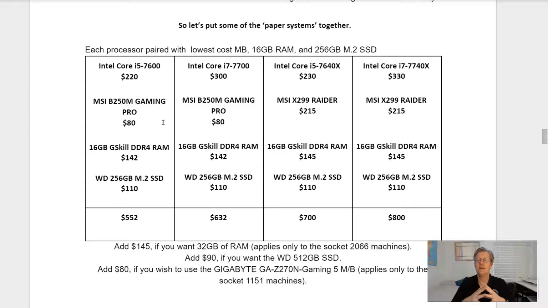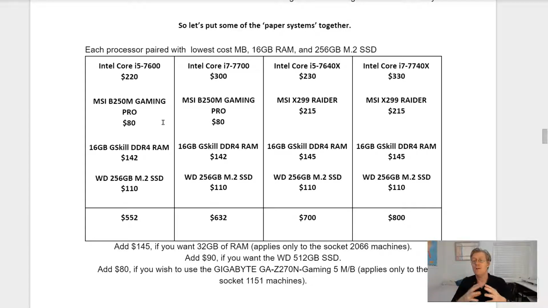Then we have the Intel Core i5 7640X, which is $230. Pair that up with the MSI X299 Raider for $215, 16 gigs of G.Skill DDR4 RAM for $145, a Western Digital 256 gigabyte M.2 for $110, and that one would come up to around $700.